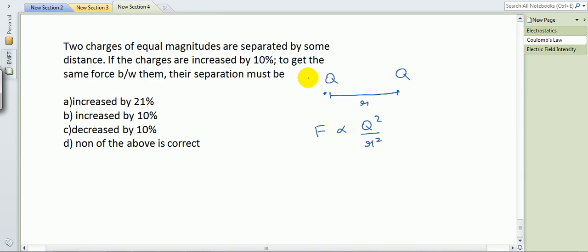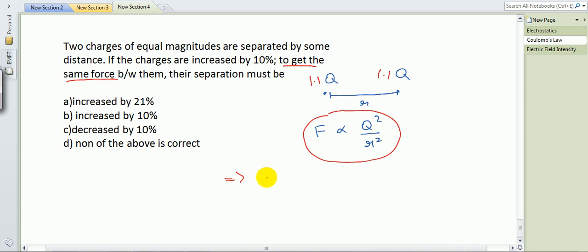So in the second case, the charges will become 1.1 q, and it will also become 1.1 q. Now the forces are the same, because we have to get the same forces, so their separation must be adjusted. So what will be that separation? If I use this relation,